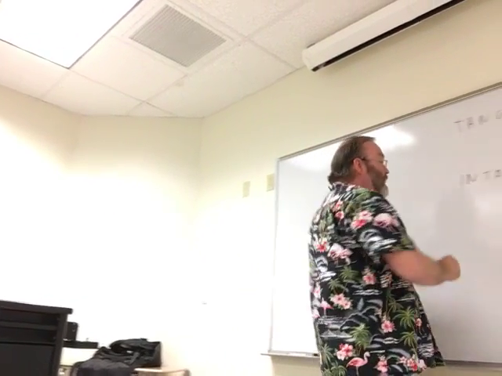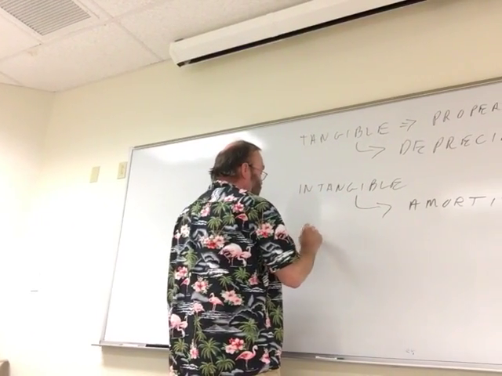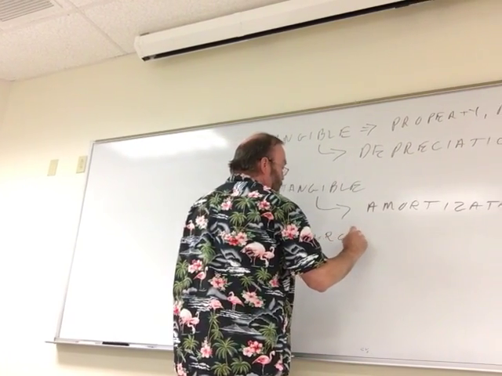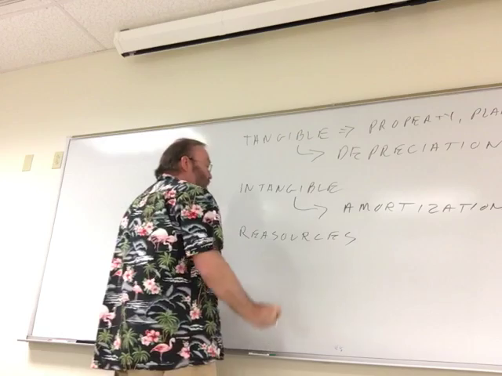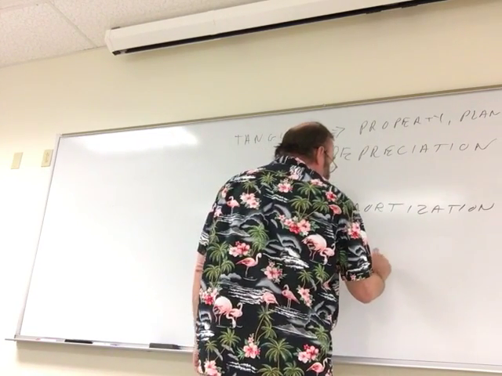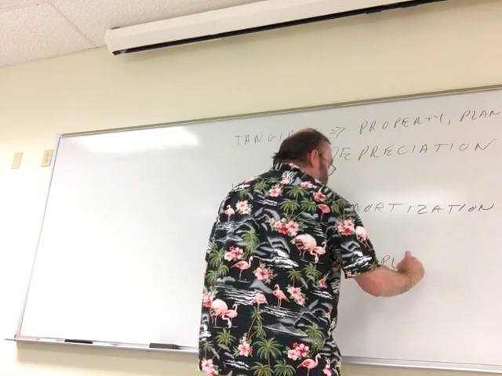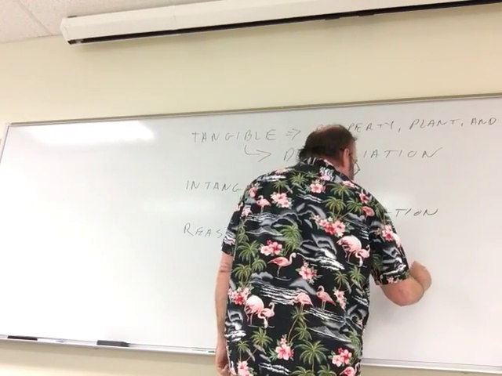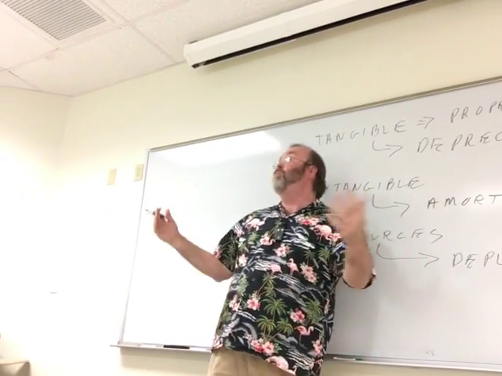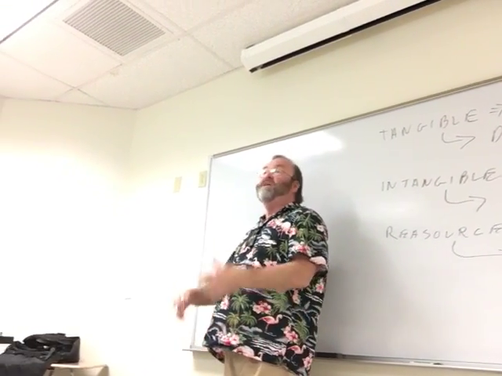The last one is natural resources. Natural resources get expensed through depletion. This is oil and gas, timber, minerals,